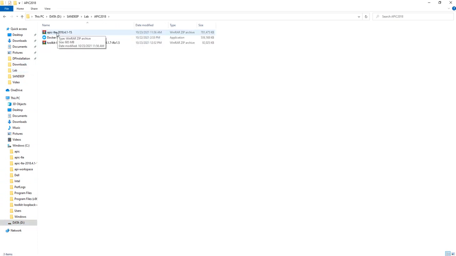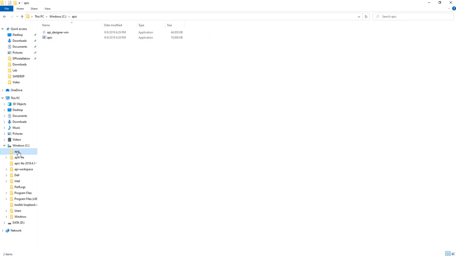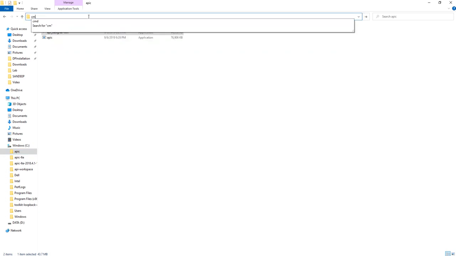After downloading this toolkit, you need to extract it into your C folder. Just create one folder there, APIC, and extract there. I have already extracted it in my C folder. Here you need to click and type CMD.